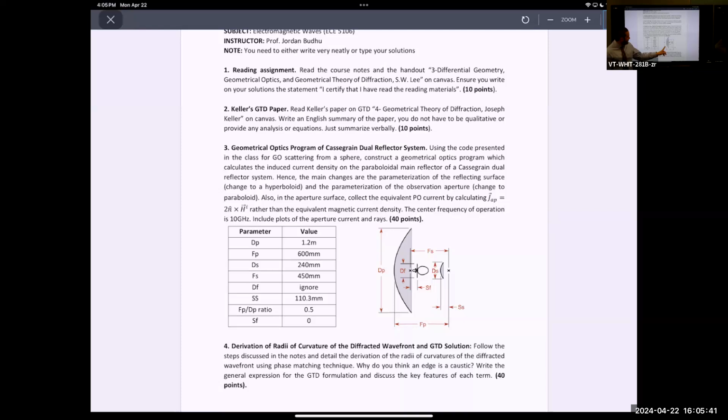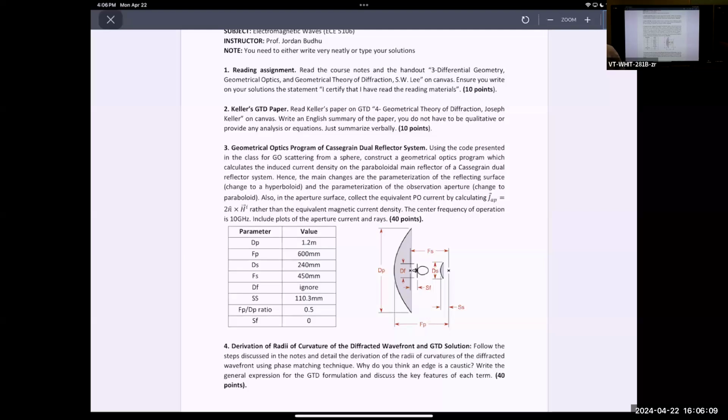All right? This SF is 0, meaning you put the feed phase center at the focus of the hyperboloid, and this SS defines the distance from the tip of the secondary reflector to its virtual foci, but don't worry about that, all right? Okay. So you should have all the parameters you need to parameterize this thing, and you will trace rays